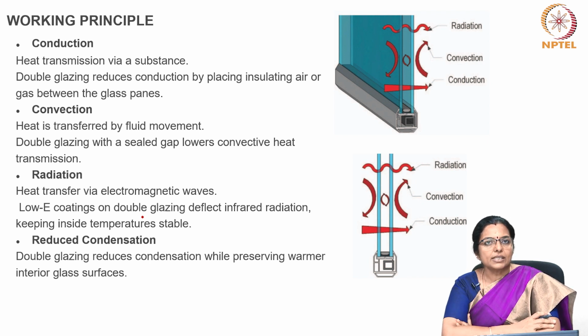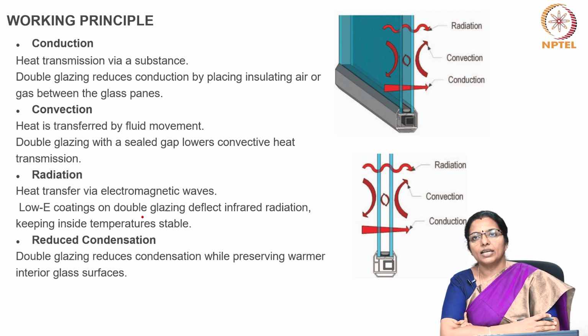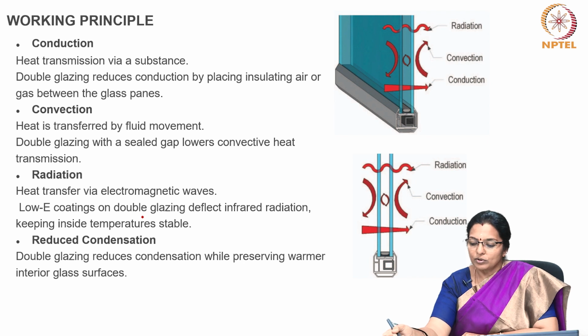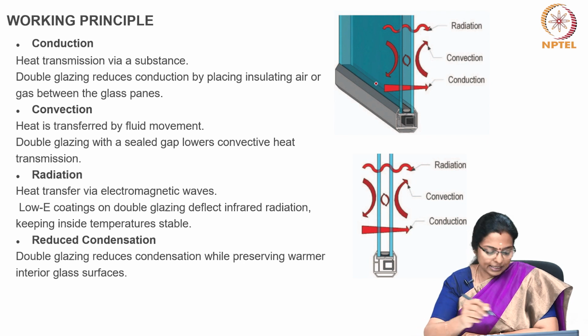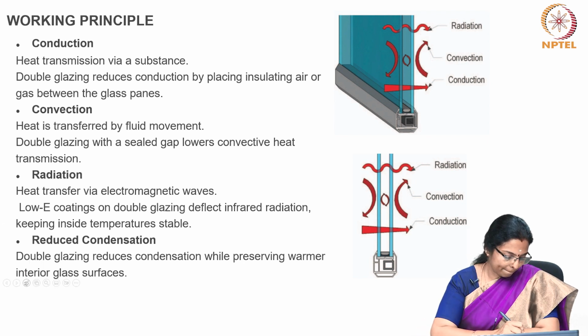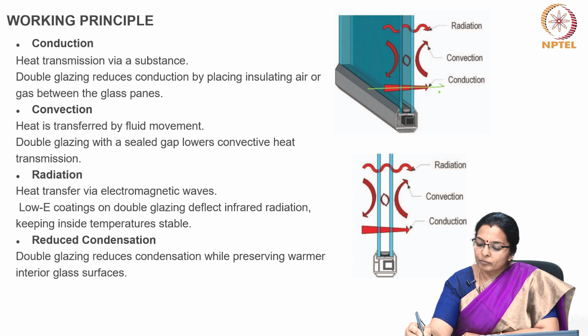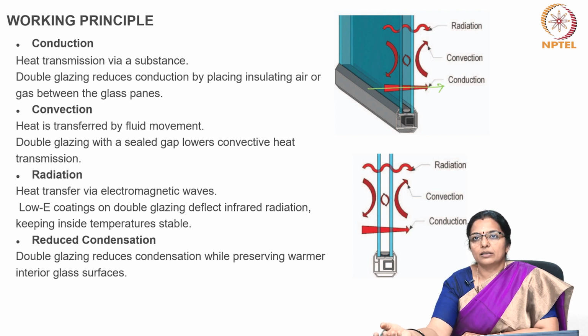So, the principles are basically conduction. What happens is heat transmission happens via the substance. So, suppose we have double glazing glass. Even through the double glazing glass, conduction does happen, but the quantity of conduction is less because double glazing reduces conduction by placing insulating air or gas